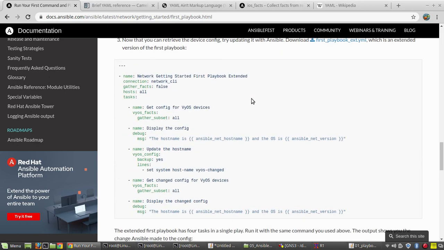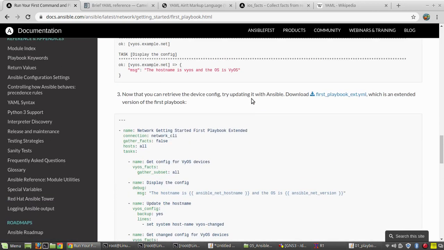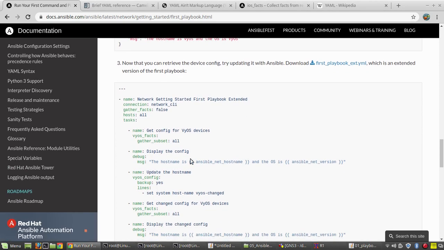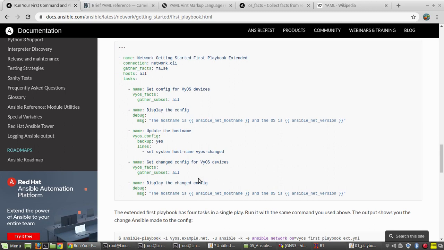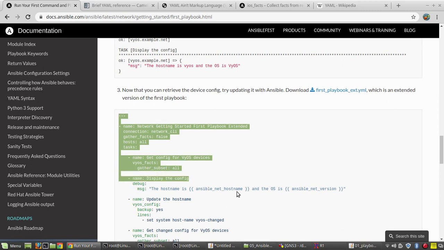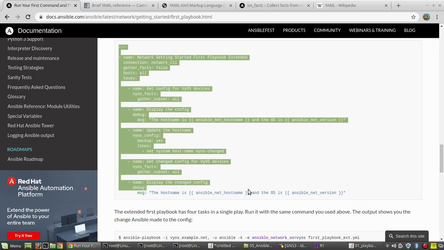Now if we come down in this document, you can see in the next playbook they are configuring a device. So here they are setting up a host name. So we'll try to do that. So here you can see multiple tasks. I'll copy this.